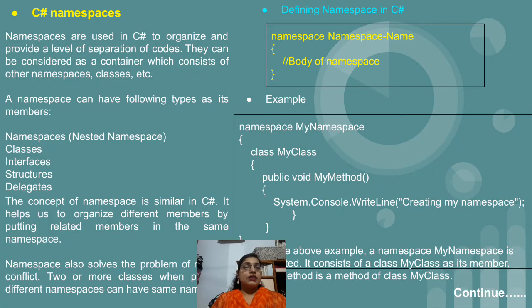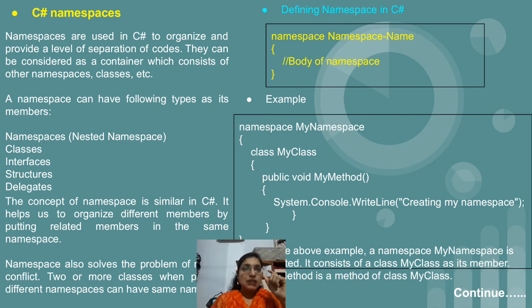The next topic in C# is namespaces. As we have seen so many programs, I am regularly telling you to write down using System. So System is nothing but the namespace which contains so many methods like Console.WriteLine, Console.ReadLine.